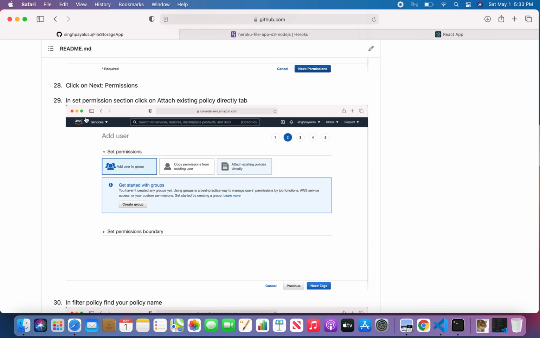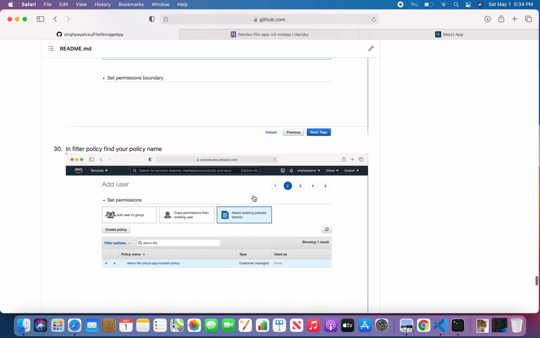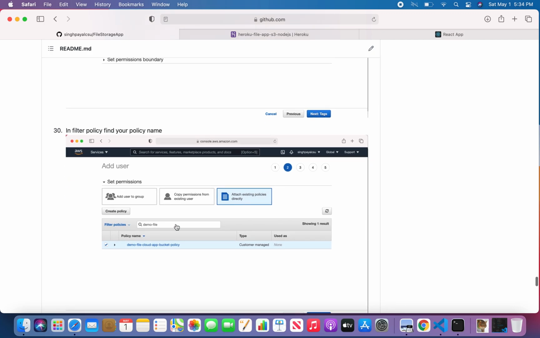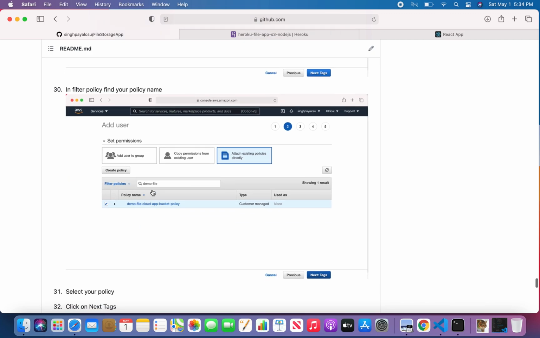in the set permission section, click on the attach existing policies directly tab. Here you can see the filter, because it will pop out a lot of policies.